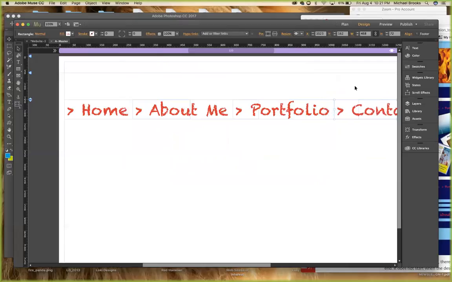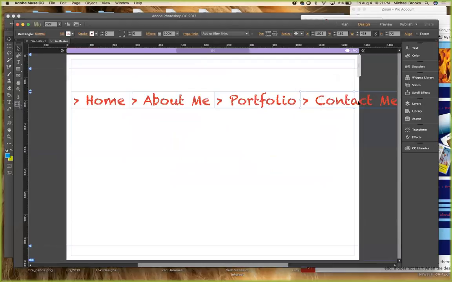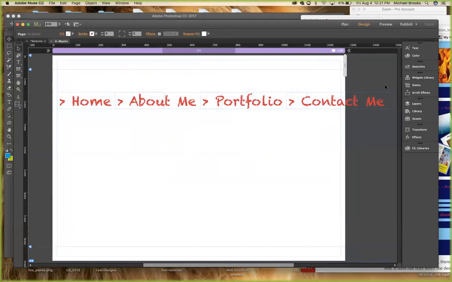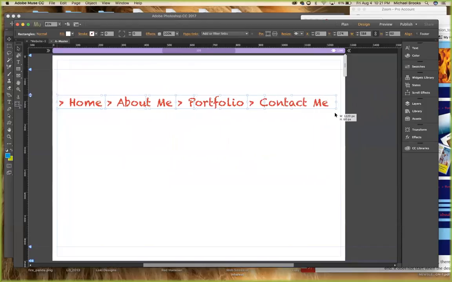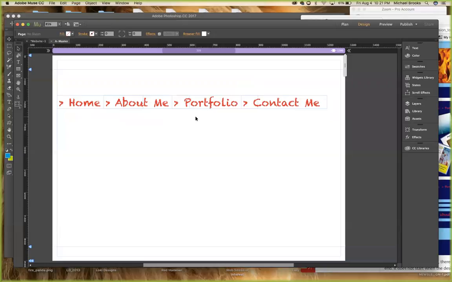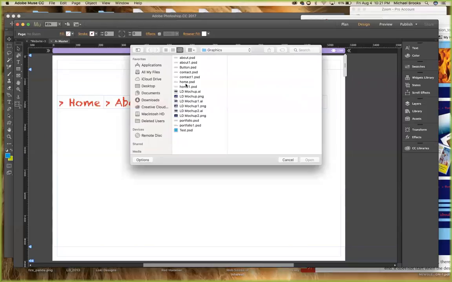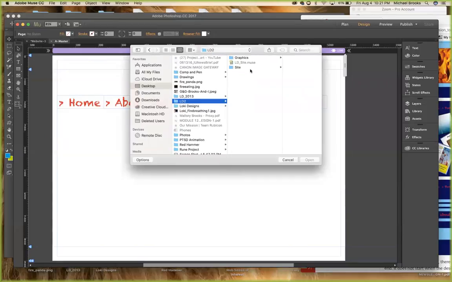All right, now they're too large for the page. Let's do the Command 0. And as you can see, they're all too large. So what we're going to do is highlight the whole thing. All right, and then I'm just going to Shift, and we're going to drag them down. All right, now that gives us a rough idea. Next, what we need to do is place the logo, which is not here. So let's go to